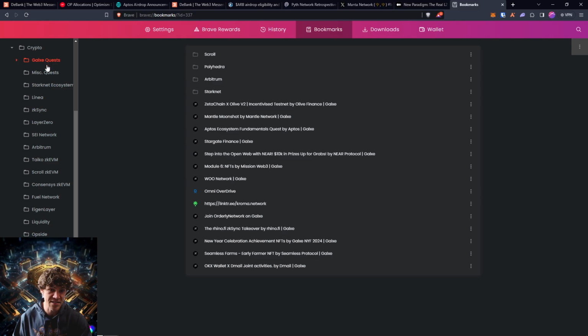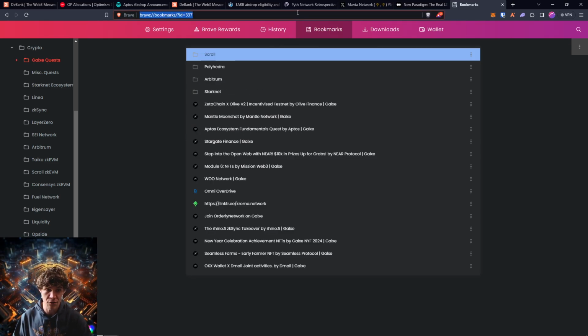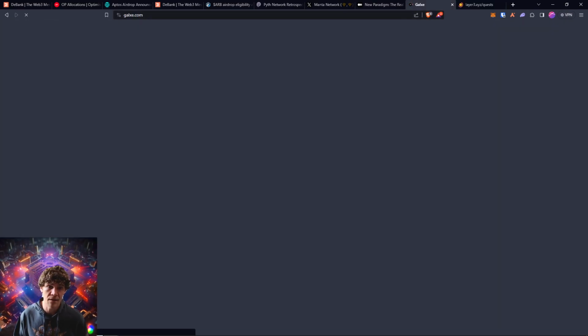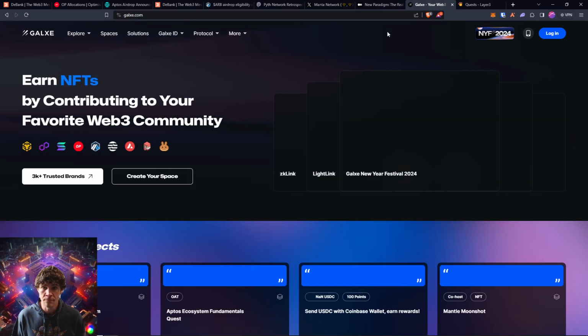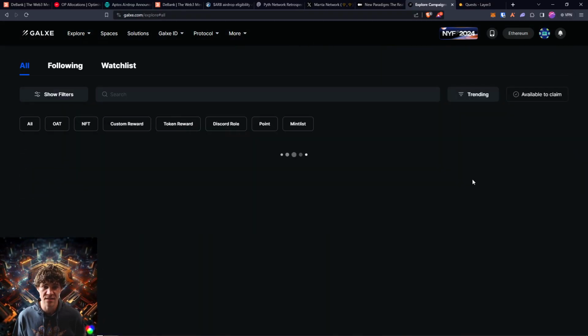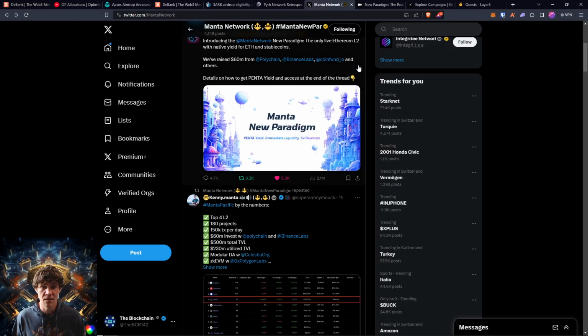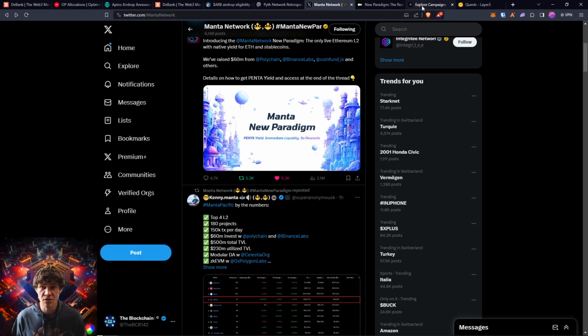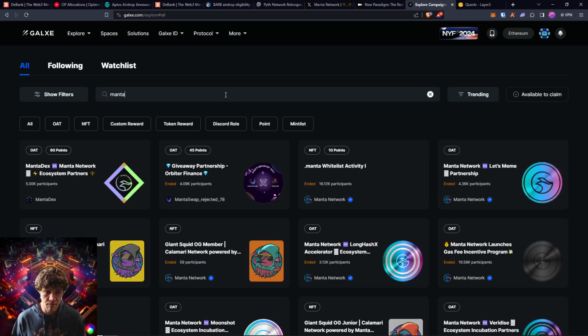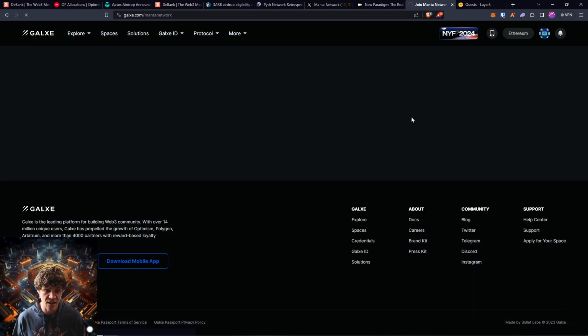So I got my quests. And another important thing is the Galxe quest, or Layer 0. These are my two favorites, because you can explore different projects. And if you find a project like Manta, let's say you're airdrop hunting, you say, oh, I like this project, I think it's going to be big. Usually they'll have some sort of quest or campaign on here, like Taiko's another one, but Manta, you see Manta Network, and they had all kinds of stuff going on for their mainnet launch,